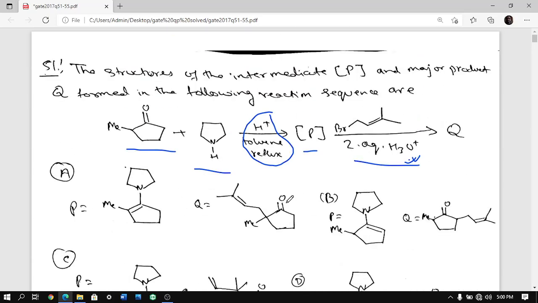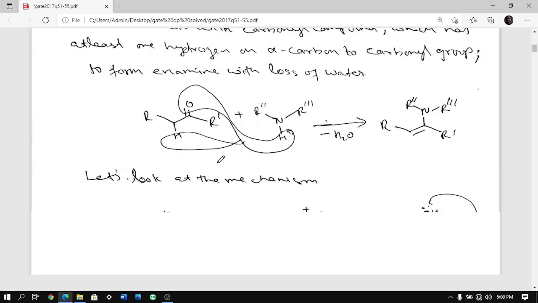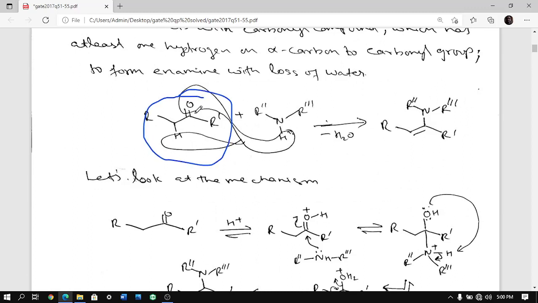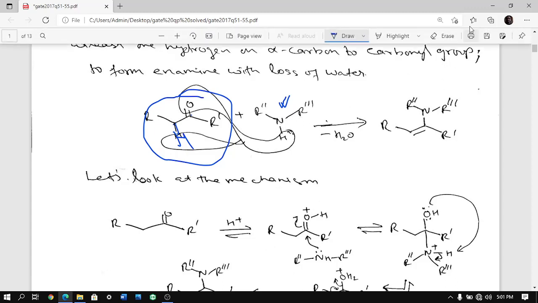So the first reaction, if you see, it is the Stork enamine reaction. In the Stork enamine reaction, what happens is you have a ketone. The important thing is the ketone should have at least one alpha carbon, alpha meaning just next to it, which should have a hydrogen. Minimum one hydrogen needed. If that is not there, then the enamine reaction will not happen. And here you will need a secondary amine. Now this is also very important. Why? Because if it is a primary amine, it will form an imine. If it is a tertiary amine, it won't react at all. Only when it is a secondary amine, then water is removed, and then you get an enamine.